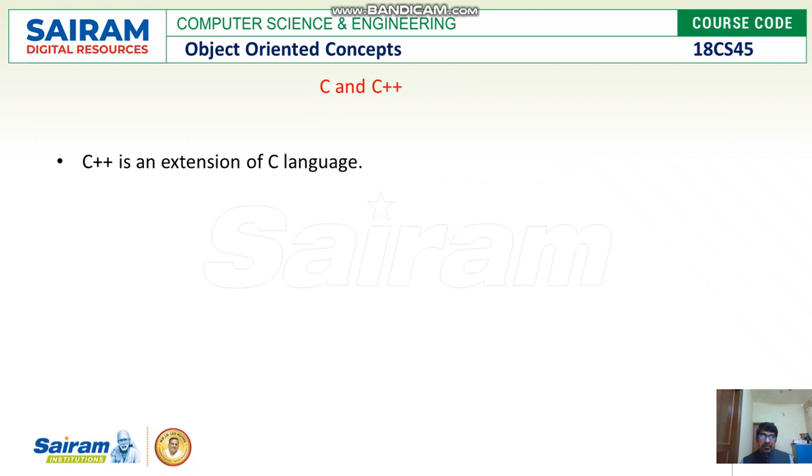So we can say that C++ is an extension of the C language. That means whatever features are there in C, everything is there in C++. And we can say it is a superset of the C language.